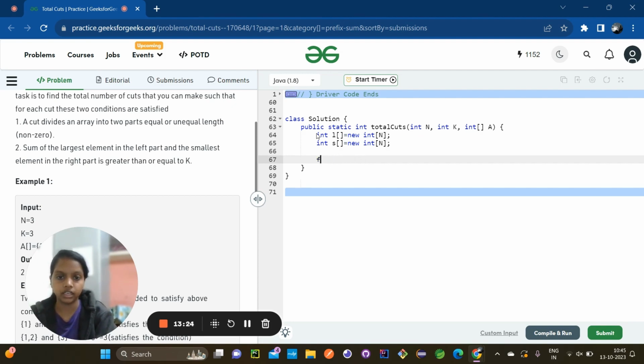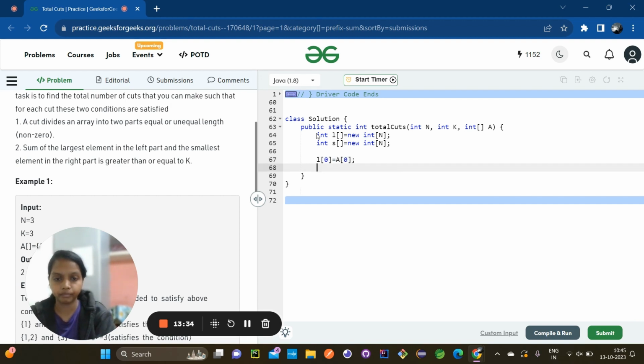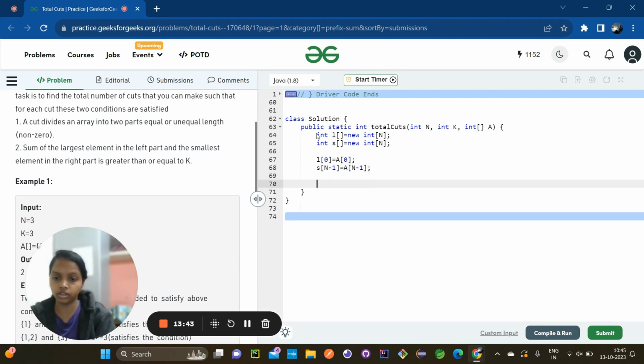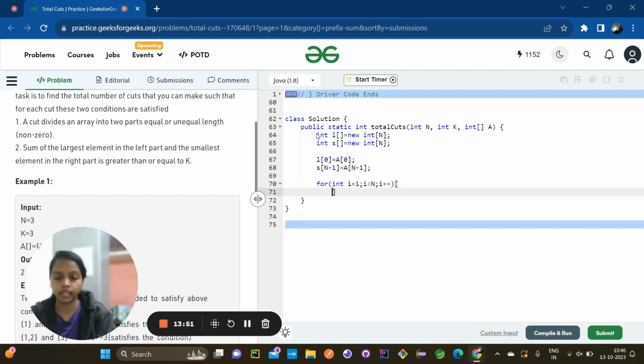So L of 0 will be A of 0, and S of n minus 1 will be A of n minus 1. Okay, and now for int I equal to 1, I less than n, I plus plus,